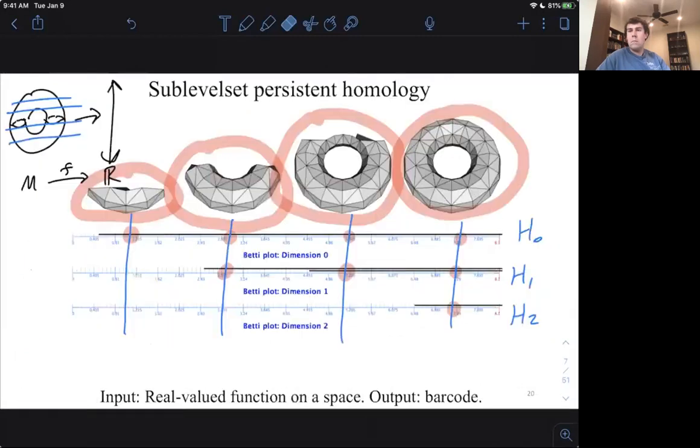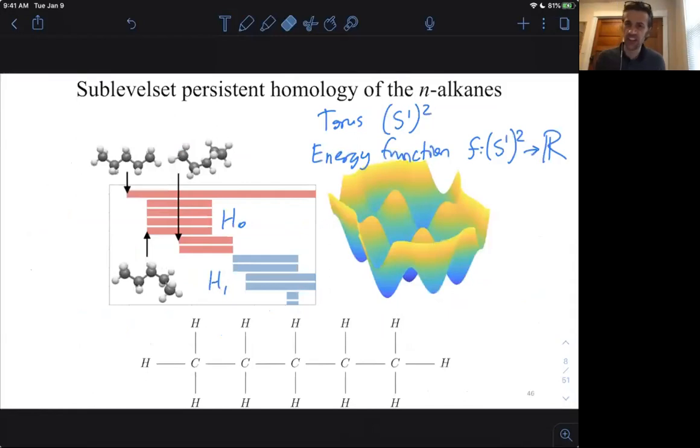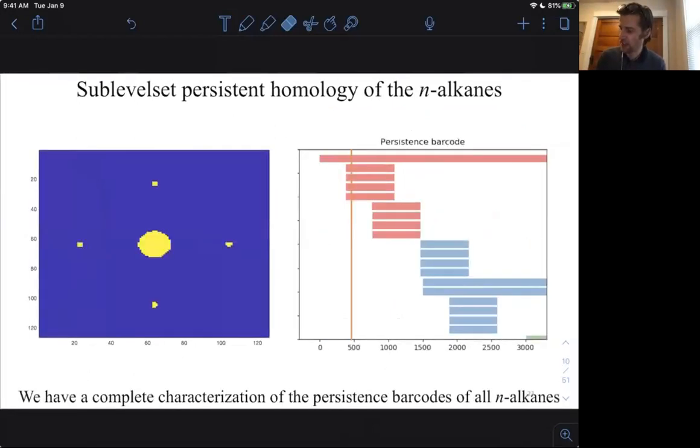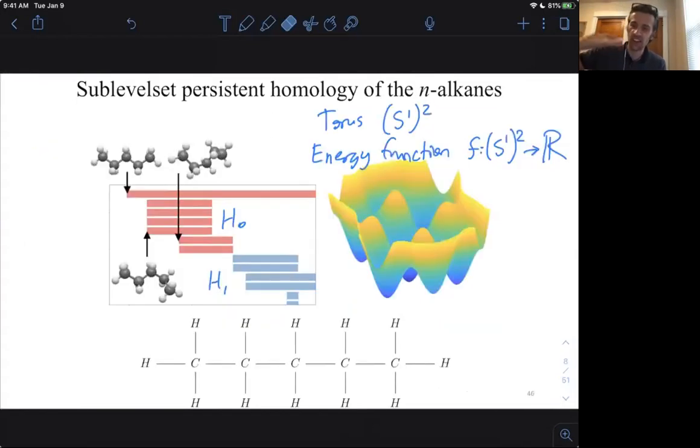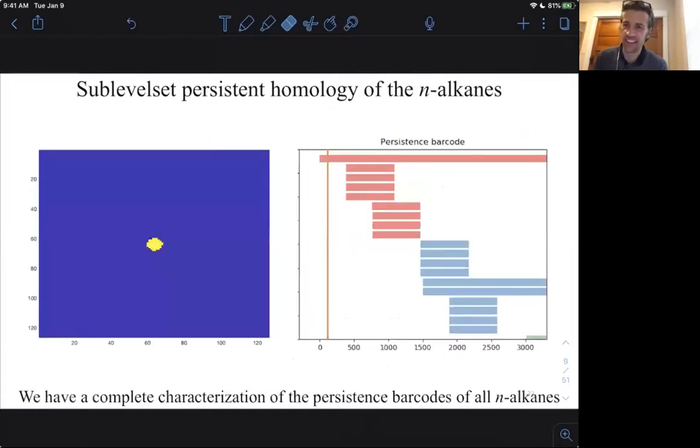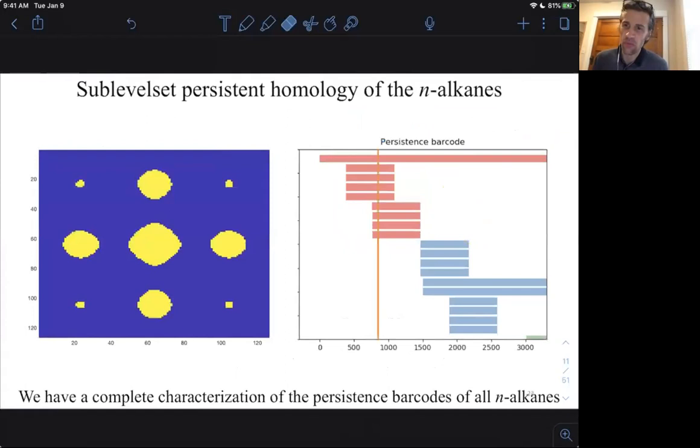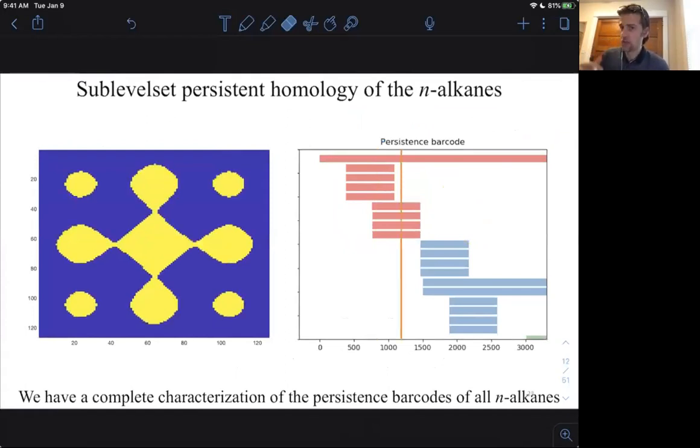All right. So the first time through this, I just want you to look at the sublevel sets on the left. So I'm going to show you increasing sublevel sets on the left. We're sort of raising the water level or the energy barrier and including more and more of the domain that allows for higher and higher energy. So on the left, we see this sublevel set that just hits the first global min, and then 4 local minima appear. 4 more local minima appear for a total of 9 connected components. Some of the local minima start to merge.